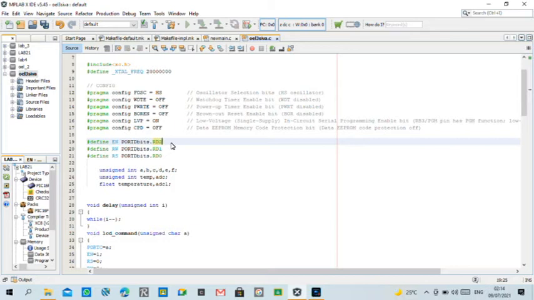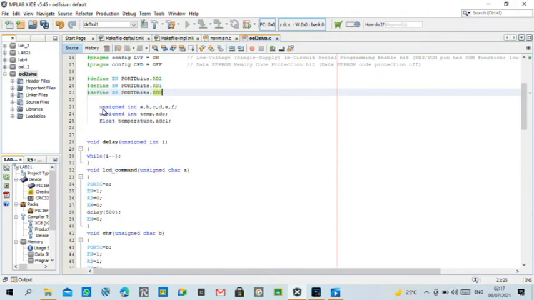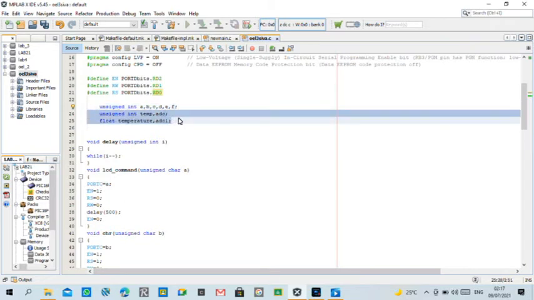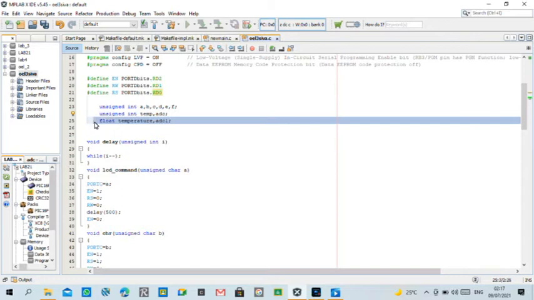For the program we are using an LCD, so we set the data bits as RD2, RD1 and RD0. Now we declare the unsigned integers A, B, C, D, E, F, and the unsigned integers temperature and ADC, and we set the temperature as float.